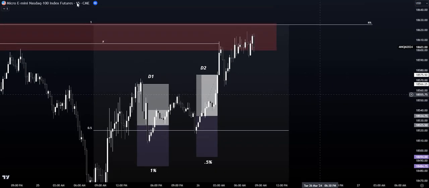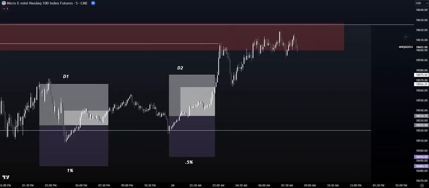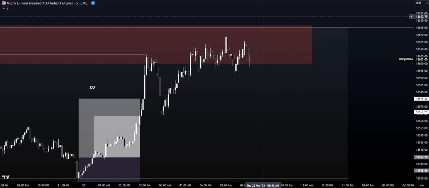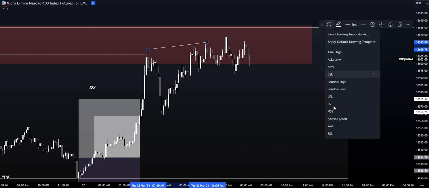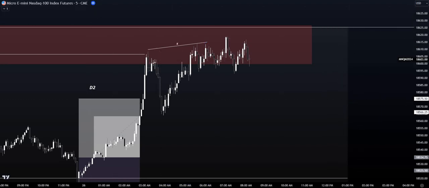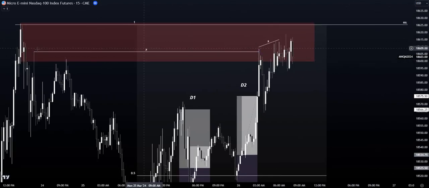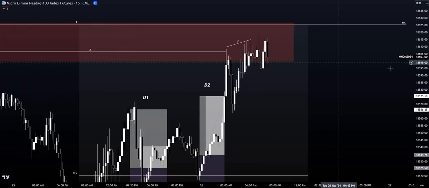So we have our sweep of liquidity, and we can even drop down to our lower time frames, which would be on the 5-minute time frame. We had swept all of this liquidity here again. All right, so we swept all of that liquidity as well. So we got all of this buy side that had been swept.